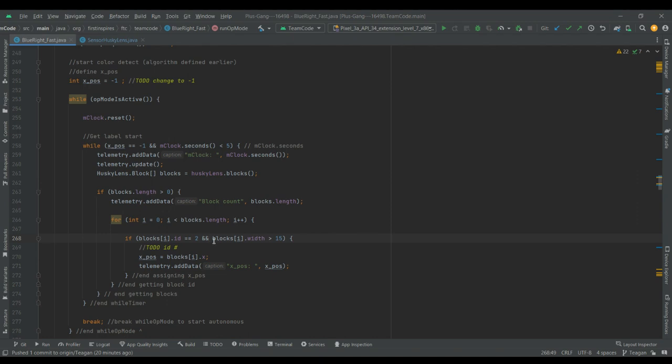And then this other thing that we use is blocks i.width. With width, it's basically saying how wide is the object on the screen in terms of pixels. So for us, we use 15. This is a calibrated number that we determined. And basically, if it's this ID and this wide, then we will move on and set the x position to